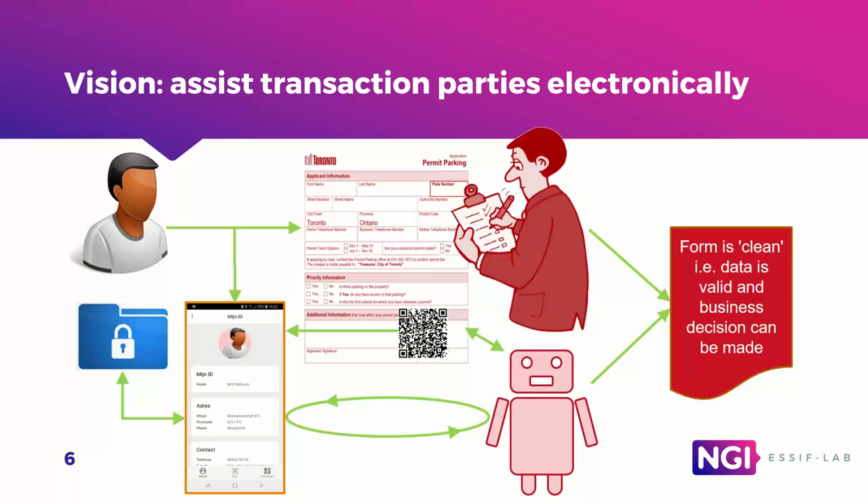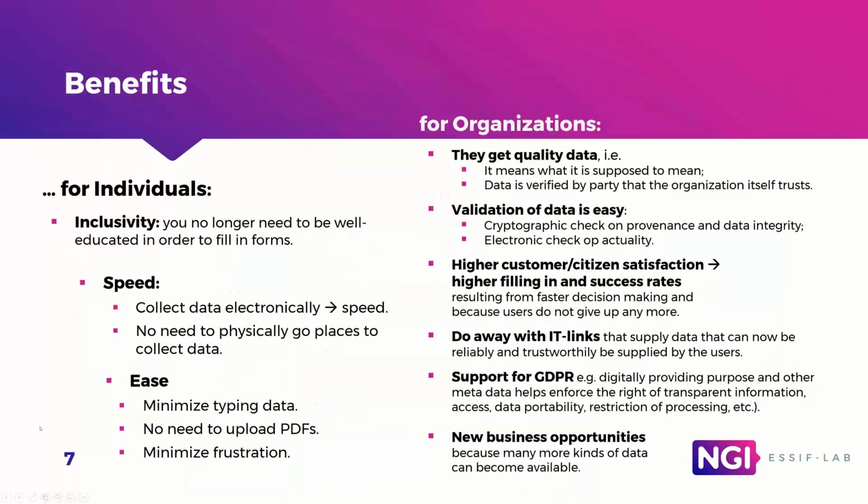So one manifestation is automatic filling of forms, where the web form looks into your wallet and sees whether it has already the answers ready that satisfy the request, and allow the user to fill it in from their own wallet. And of course, if they don't want to share it, they can always decide not to share, but at least the friction is becoming much lower. So this means inclusivity, speed, and ease for the individuals, and for organizations. They ask for all this information to manage the risk. For instance, the employer is managing the risk that he accidentally hires an uneducated employee.